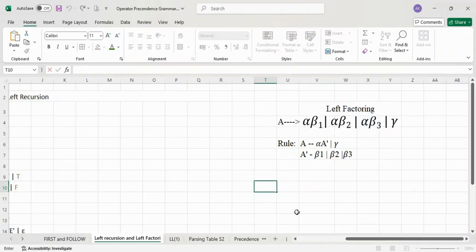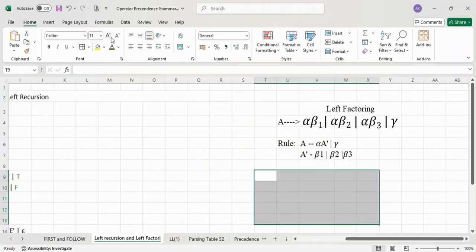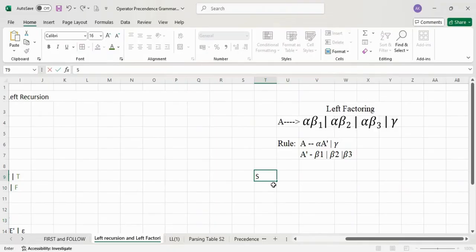Let us take an example for left factoring. So here I'll just take an example. It is S giving C plus E, or C star E, or C divided by E. Now, is this a left factored grammar? Yes. Why? Because if you observe, each production starts with the same starting symbol, that is C. Hence, to remove that, I write S, and after S what do I write? Alpha A dash. Alpha means what? The symbol which is repeatedly observed in multiple productions.